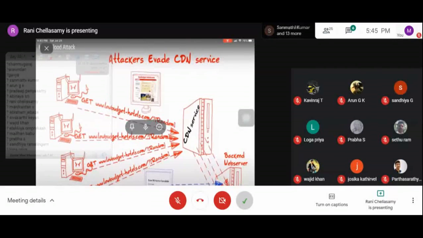The backend web server is designed to protect against large amounts of requests. The attacker sends so many requests, the CDN service is avoided, and the requests are directed to the backend server.